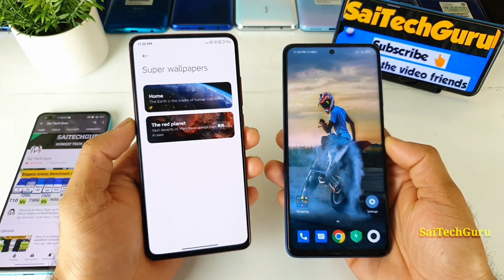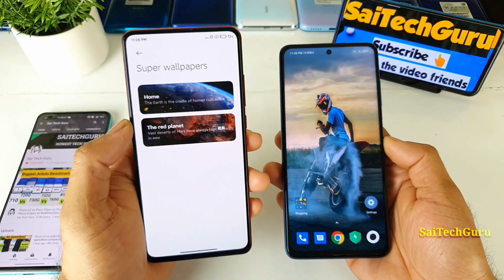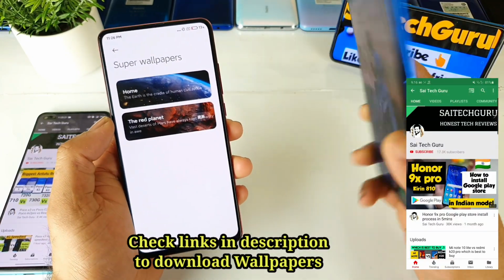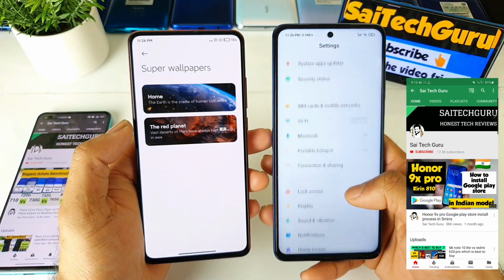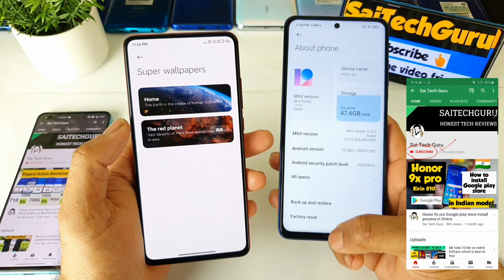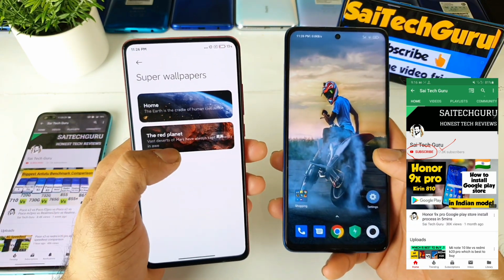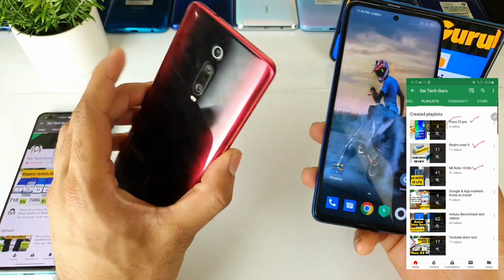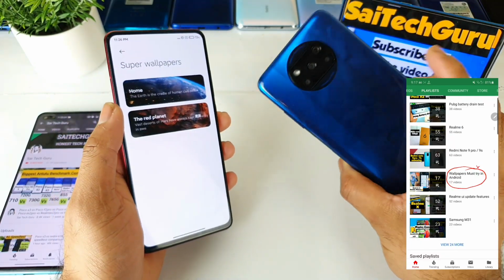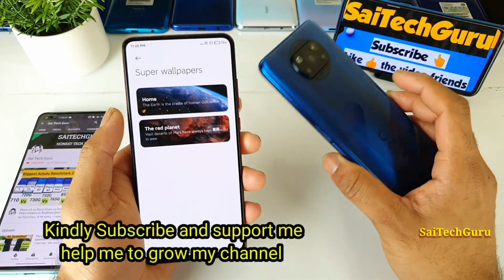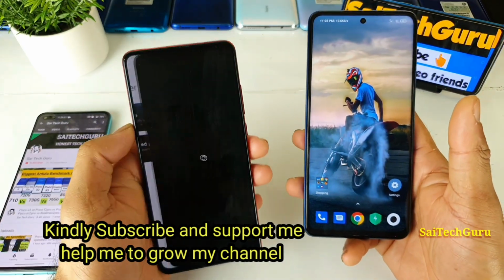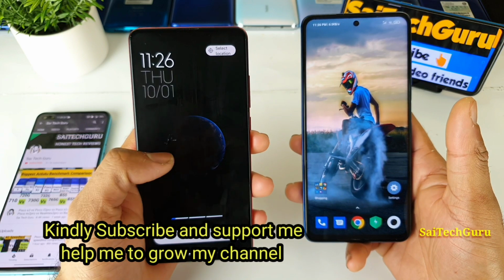In this video, I'll be explaining how you can install the super wallpapers in the Poco X3 device. Right now I'm using the Poco X3 smartphone. The phone comes with the MIUI 12 version by default out of the box, but it doesn't have any super live wallpapers which are present in the Redmi K20 Pro device and other smartphones. So we don't get that kind of live wallpapers in the Poco X3 device, but this video will be very helpful if you want to install this kind of super live wallpaper theme in your Poco